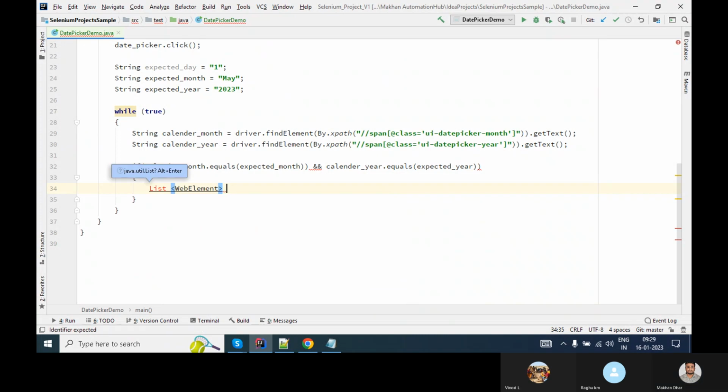Any variable you can write, number of. So what we need: